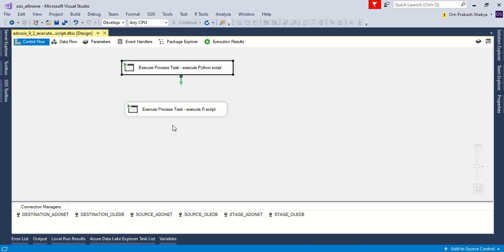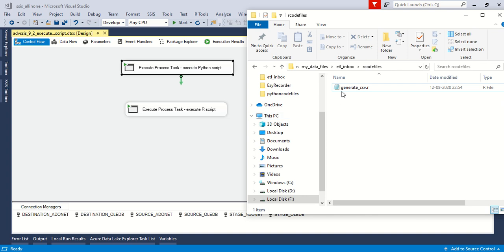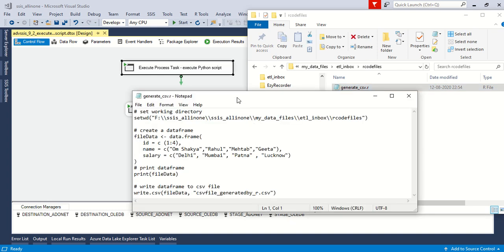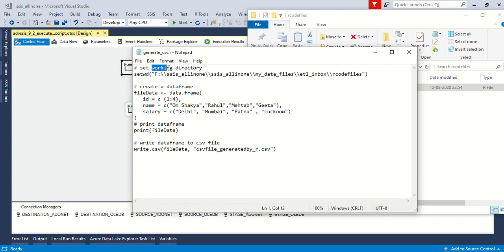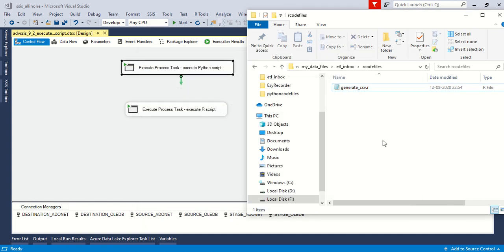And we have another execute process task where I will execute my R script. So this is the R script. I'm setting a working directory to the folder, creating a data frame and printing it, and also writing to CSV. So this is a small code that will also generate a CSV file.